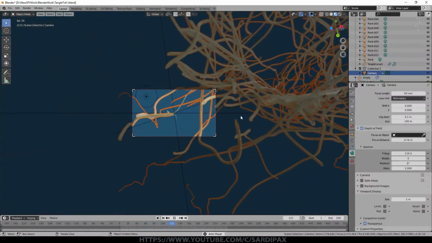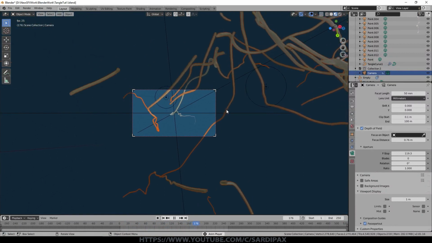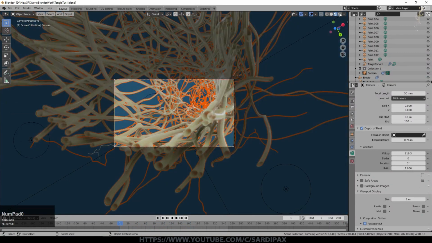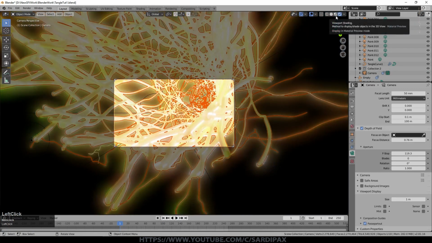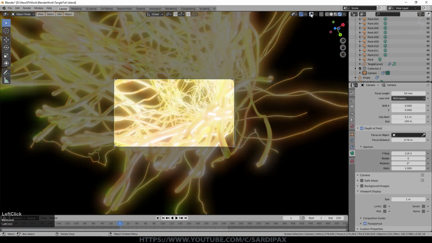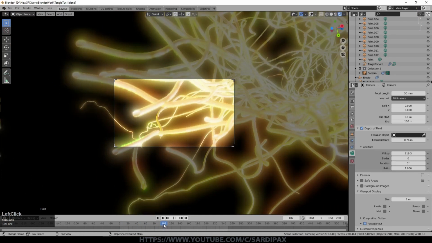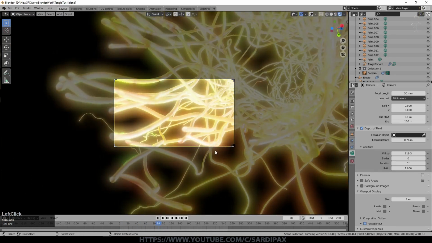And we can now see we're getting a more interesting view there. And obviously you can pick different curves as you go along. So we just have a look at what that looks like in rendered terms, and turn off the overlay, which confuses things quite a bit. And then we can zoom through. This is the great thing about Eevee, of course, is it gives you a pretty good render fairly quickly.